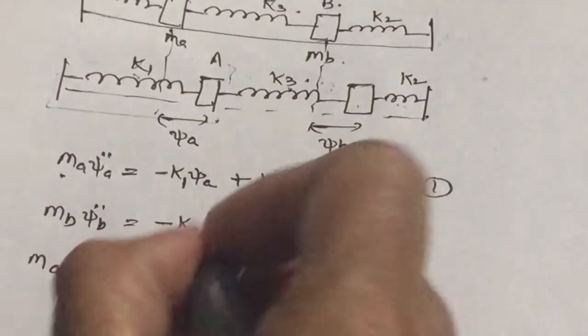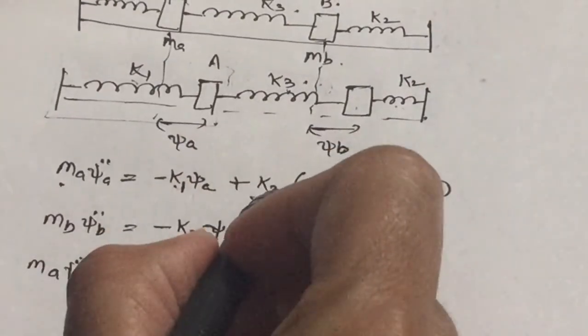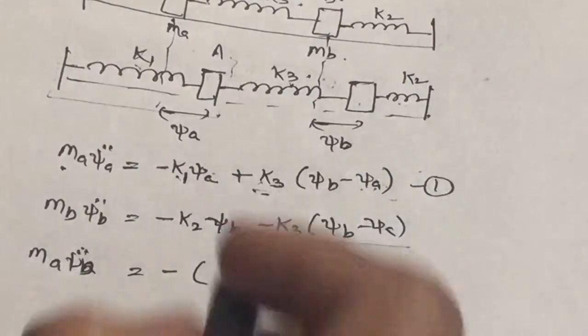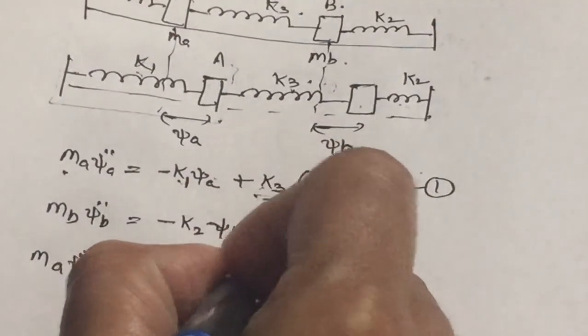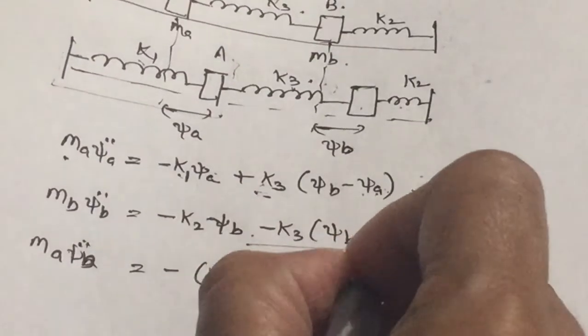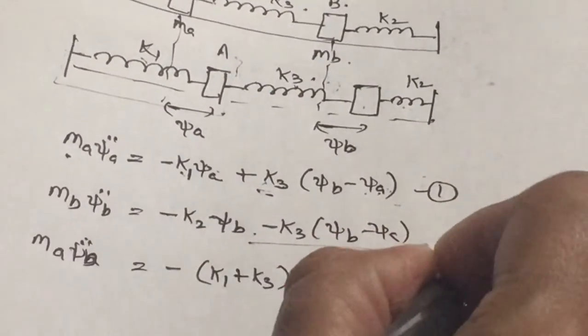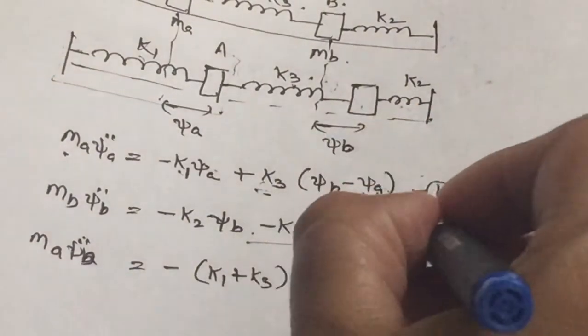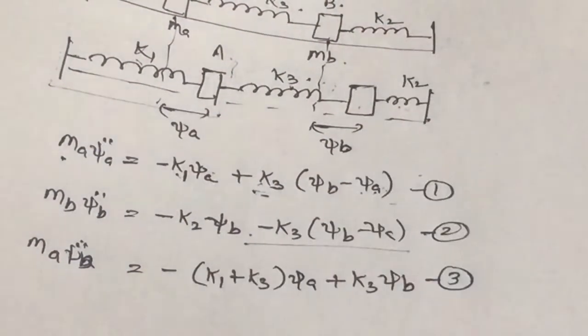We will get minus K1 minus K3, and we will take psi A as common. We will have minus K1 plus K3 times psi A plus K3 times psi B. We will get equation number 3 from equation number 1,